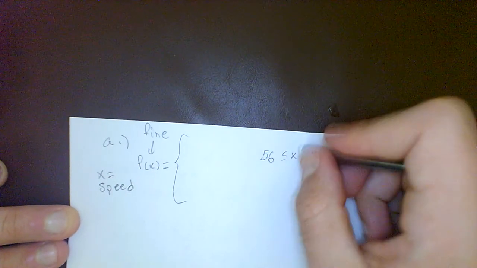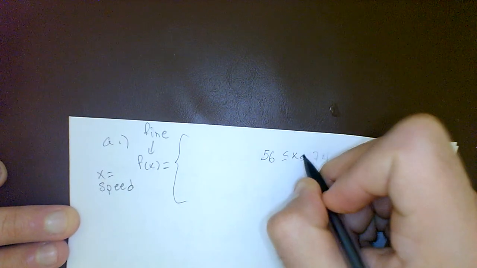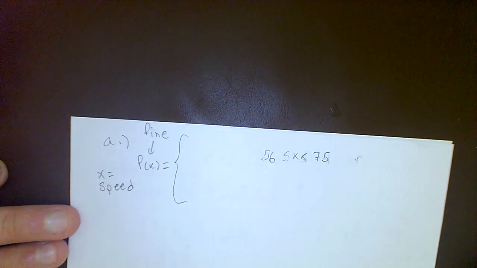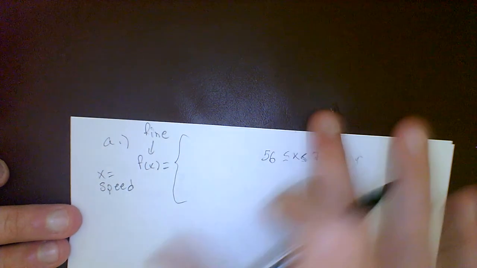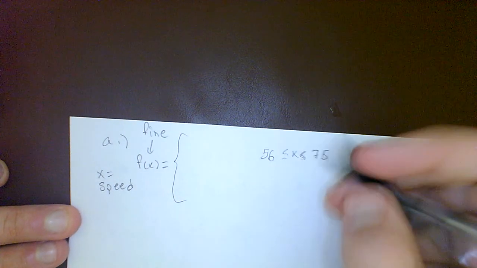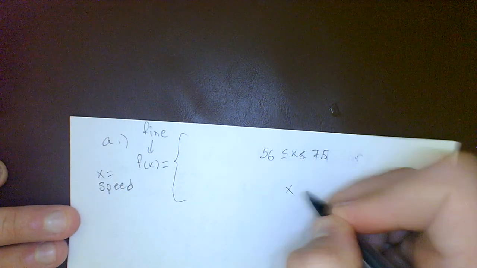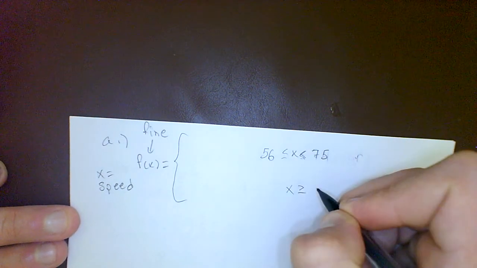So everything up to 75, that's why we use a strictly less than here at 75. If you're going 74.5, you can include that in this one. So 75 would be a turning point, right? So now the other definition comes that if x is greater than or equal to